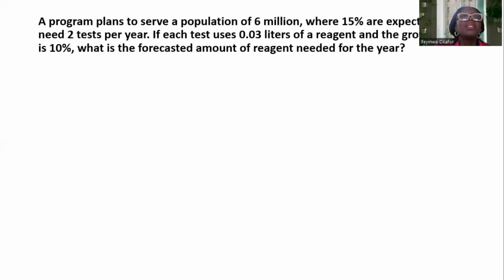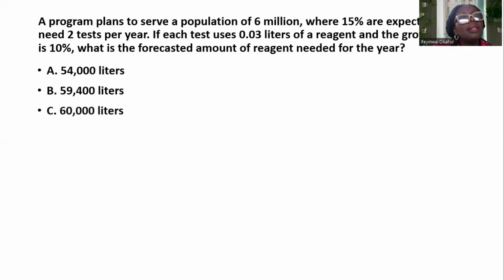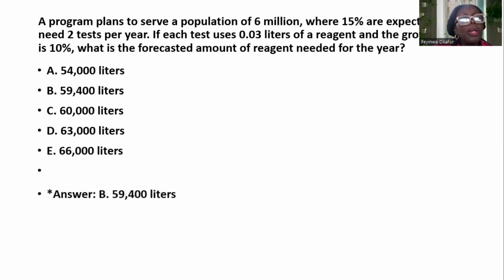A program plans to serve a population of 6 million, where 15% are expected to need 2 tests per year. If each test uses 0.03 liters of a reagent and the growth rate is 10%, what is the forecasted amount of reagent needed for the year? We have 54,000 liters, 59,400,000 liters, 60,000 liters, 63,000 liters, 66,000 liters, and our answer is B,